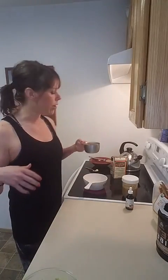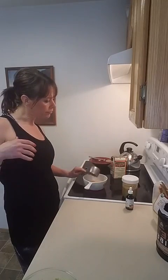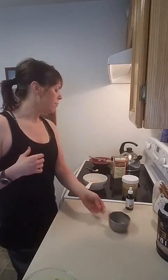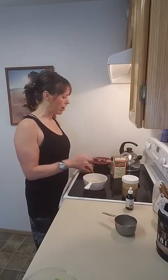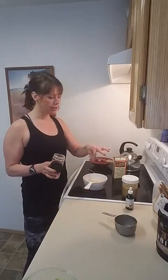I've got 3/4 cup of, this is flax milk, but you could use coconut milk, almond milk, whatever type of milk you like. 3/4 cup of milk, a little bit of Kerrygold grass-fed butter, a pinch of Himalayan pink sea salt on high because we're going to let that come to